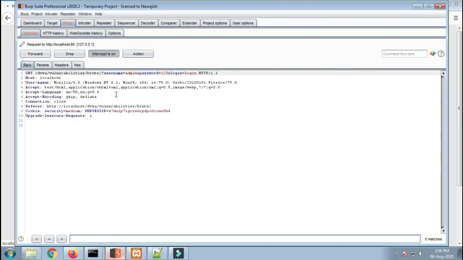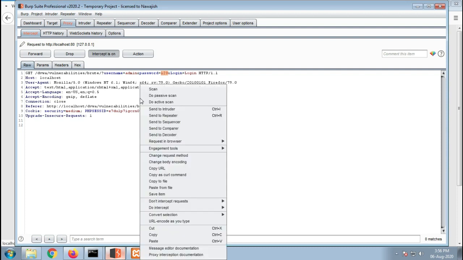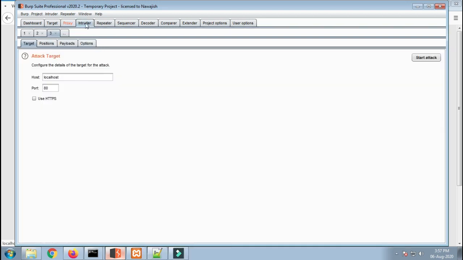When we go over there, you can see that there is a request being sent to the server with the username as admin and the password as 123, but we know that the password is wrong. So what we will do is right click on it and send it to Intruder. Once we come over here, you can see that